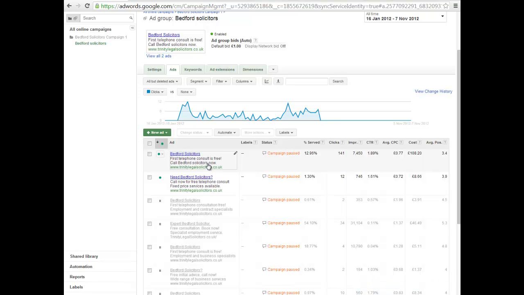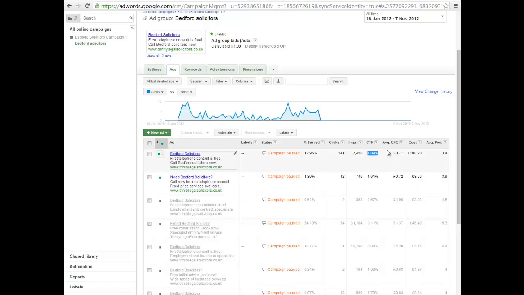I appreciate this is probably the last ads you were running and you might have included employment law in some of the others, but if you had an employment law group, the ad would be able to refer only to employment law. Same for contract law. So having very small groups is the biggest change. You can see you had a good reasonable click-through rate, so you normally work your best performing ad and try